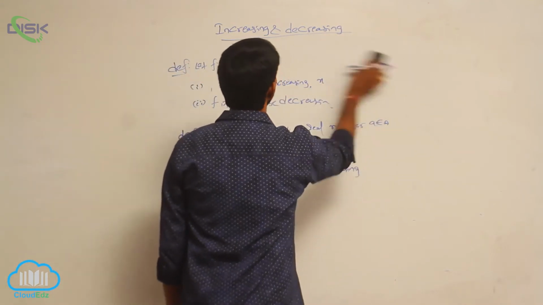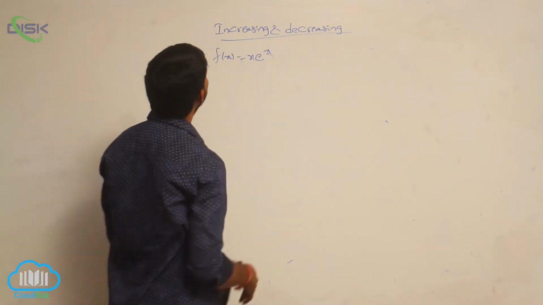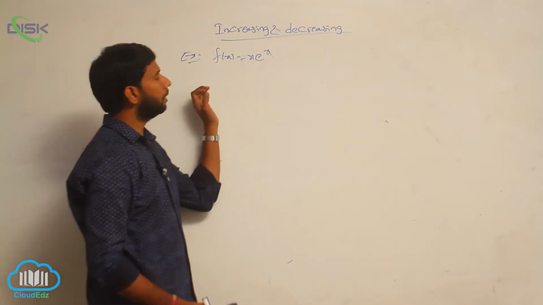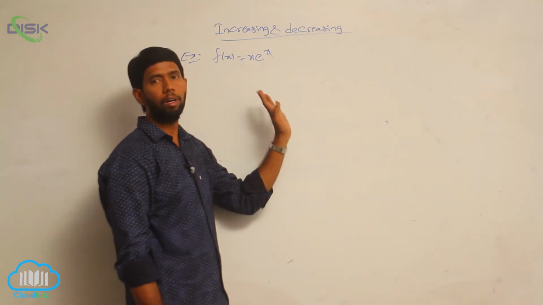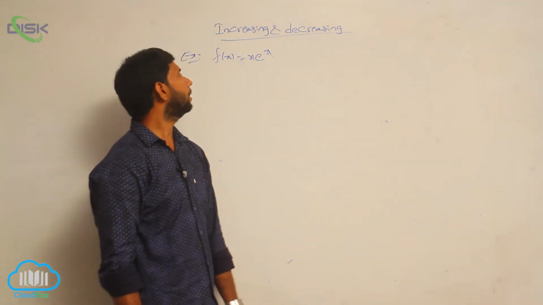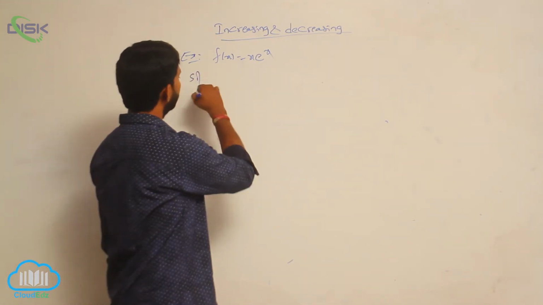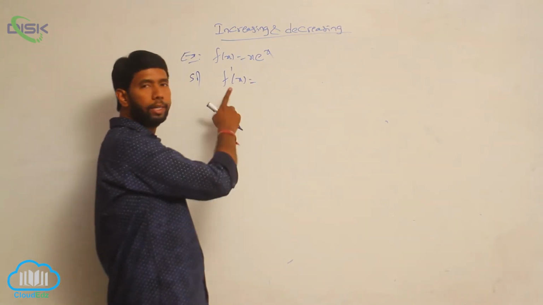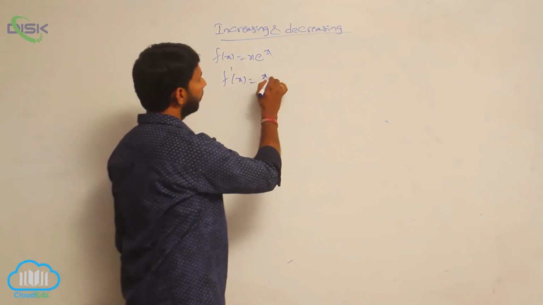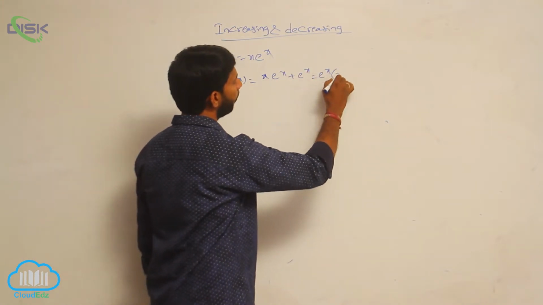Some examples about increasing and decreasing. F of x equal to x e power x. Find the intervals in which the function is increasing or decreasing. First find the first derivative of the function, that is f dash x is equal to, applying the product rule, x e power x plus e power x, that is e power x of x